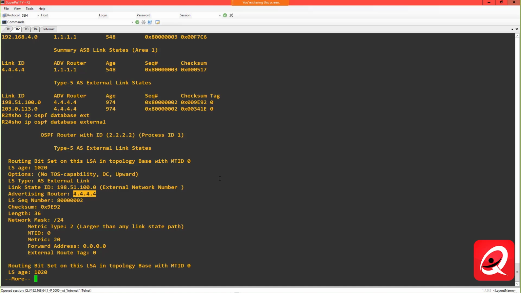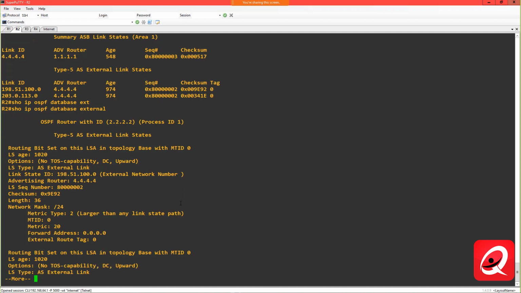But here's the problem. Router 2 doesn't know anything about router 4. Router 2 is in area 1. Router 4 is in area 0. So there are no type 1 LSAs being exchanged between router 2 and router 4. I'm learning information about an external prefix, but I don't have any information on how to reach router 4. So type 5 LSAs by themselves are really not very useful from the perspective of other routers in other areas that are receiving these type 5 LSAs. Here's the other one, by the way,